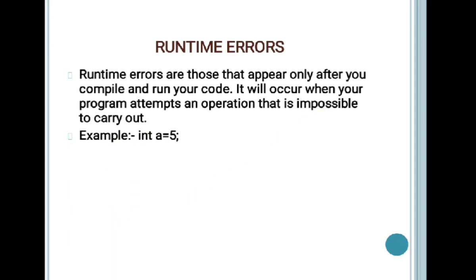So let's take the example of this. int a equal to 5, b equal to 0. Now what you are going to do over here, int c equals a divided by b. So here you can see you are dividing 5 divided by 0. As you can see, 0 से आप किसी भी नंबर को डिवाइड करेंगे you will get infinity या exponent power में आपका आंसर infinite. So infinite type of error, which is also known as divide by 0 error, might be encountered in your program.